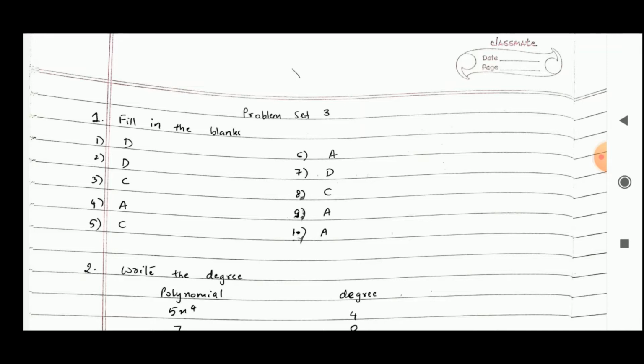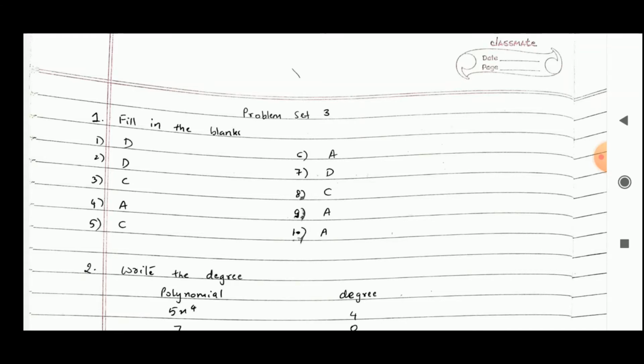Then sixth one, polynomial p is given by x square minus 7 root 2 root 7 x plus 3. Then the value of the polynomial at p of 7 root 7 is equal to how much? Substitute 7 root 7 wherever x is there and you will get the answer. Answer you will get is 3. Since x is 7 root 7, the first two terms will cancel and only 3 will remain.